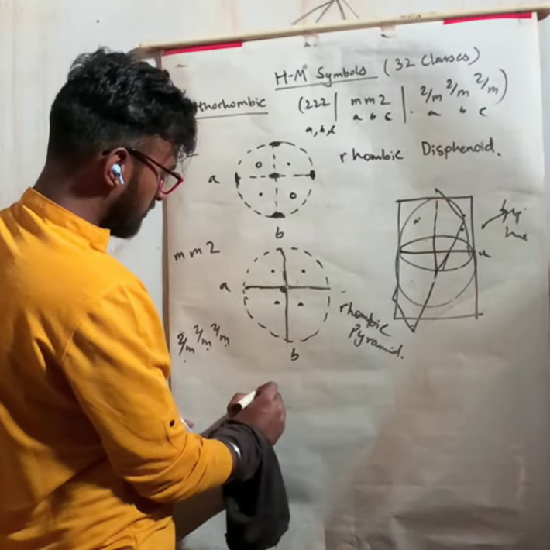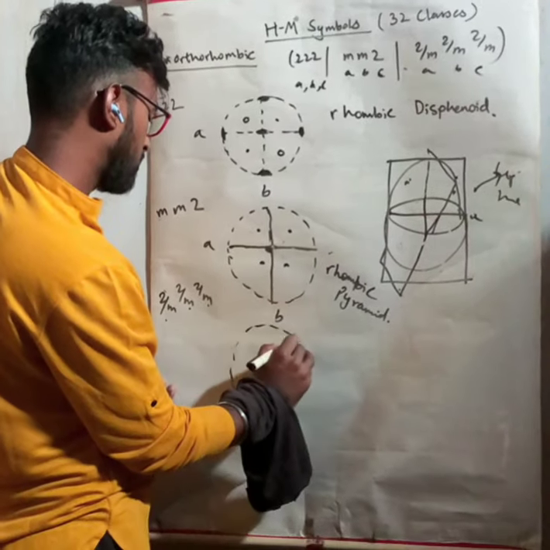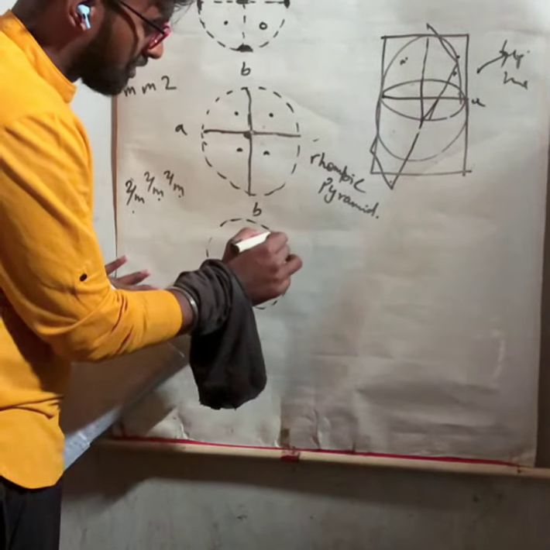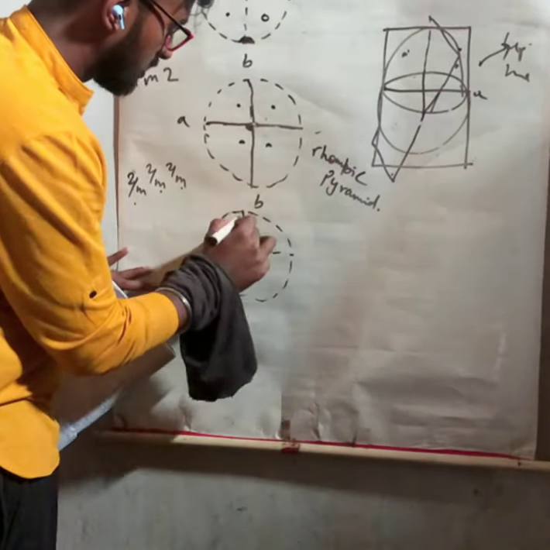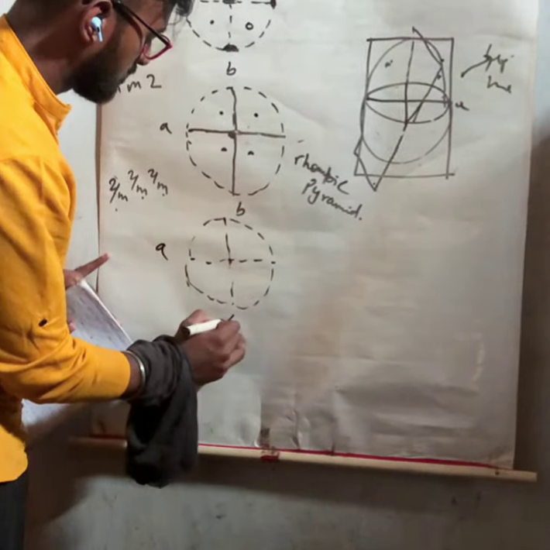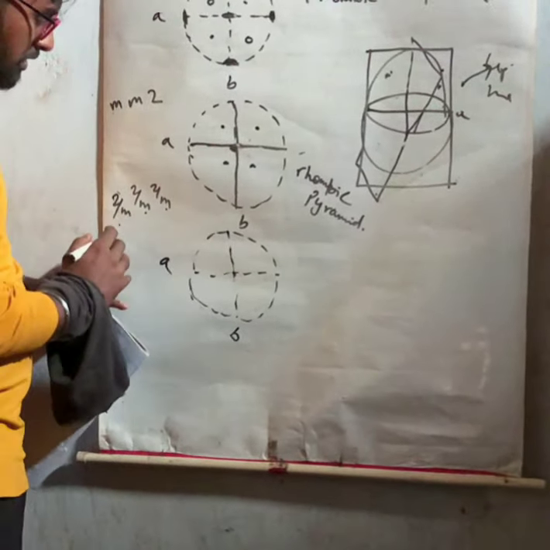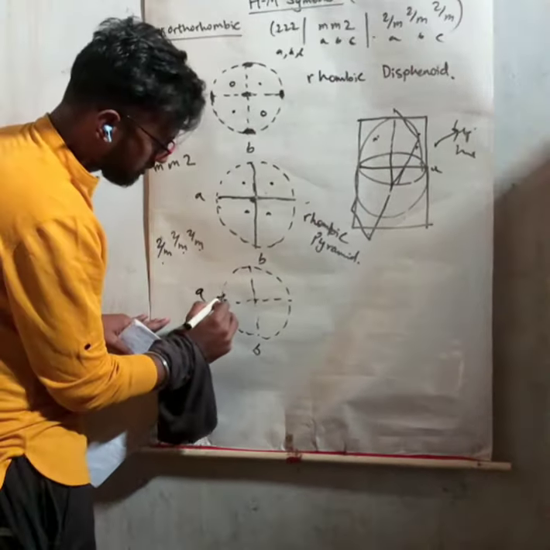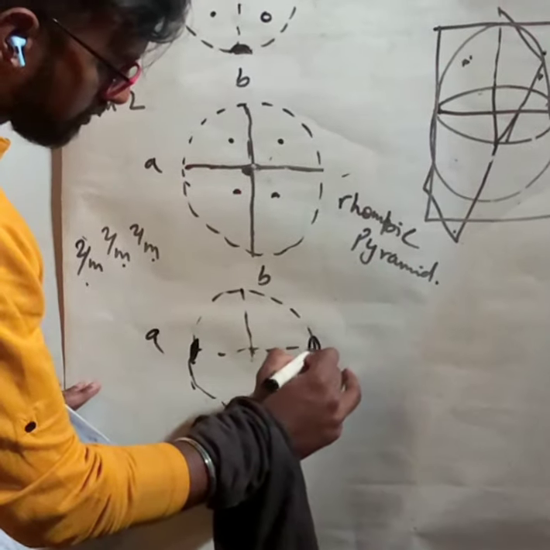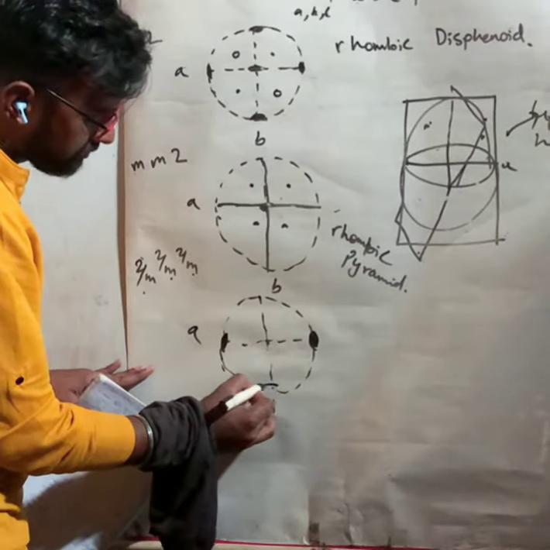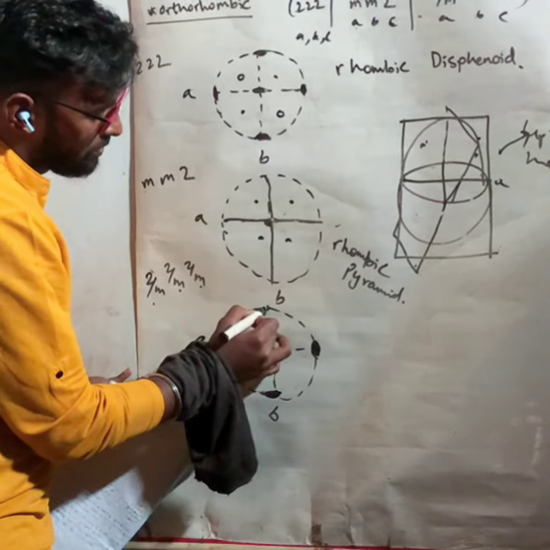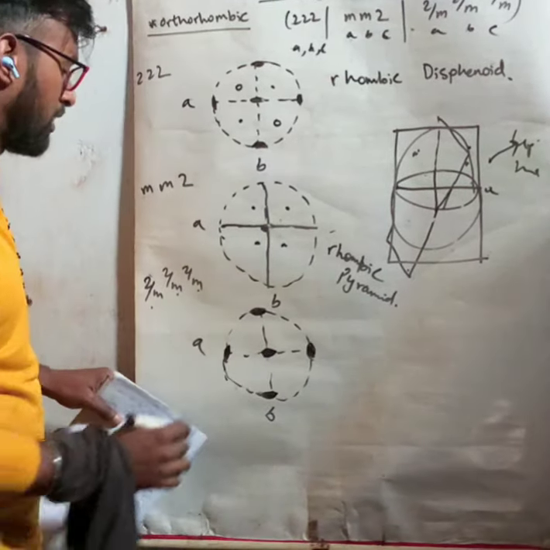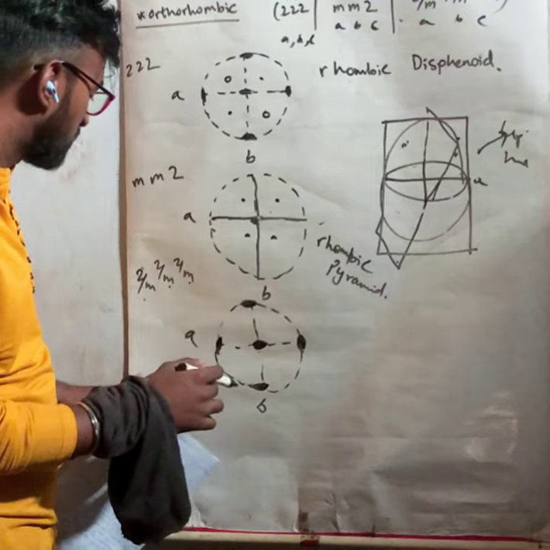So first we will draw our usual figures. This is the C axis, this is the plane perpendicular to the C axis, this is the A axis, and this is the B axis. First we will see the fold operation. A is a two-fold axis, so we will denote it like this. And B also is a two-fold axis, and C is also a two-fold axis. So we have all the two-fold operations drawn in the figure.